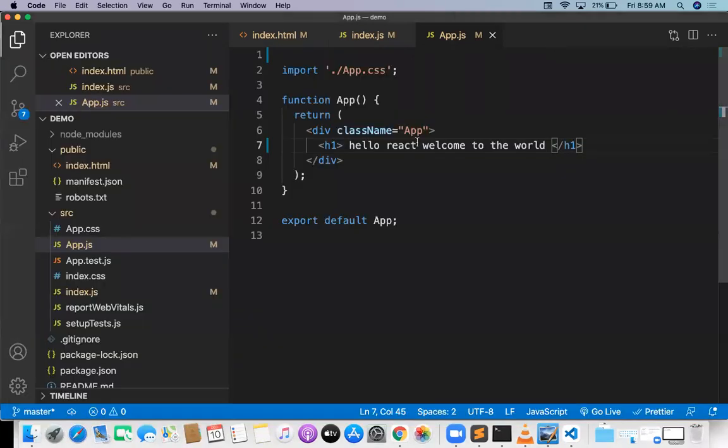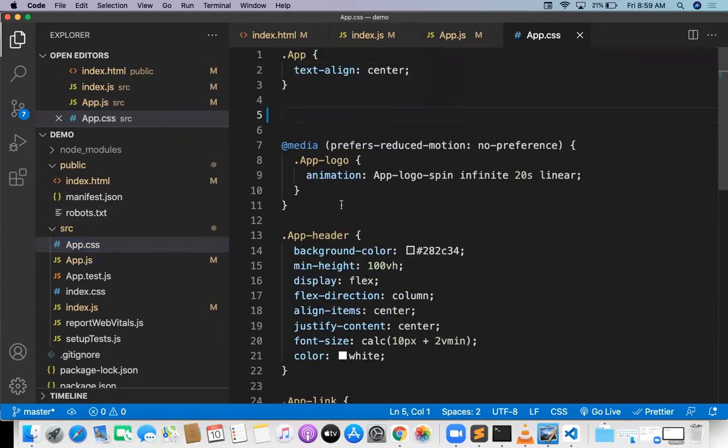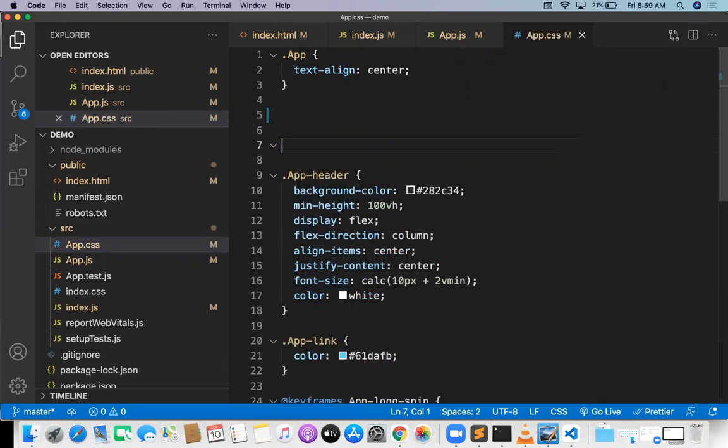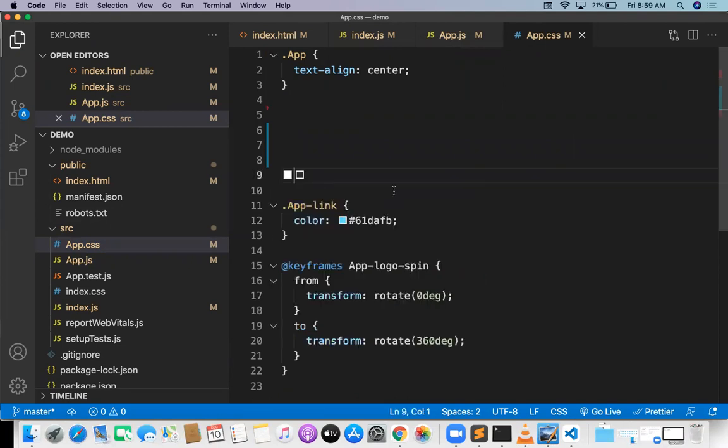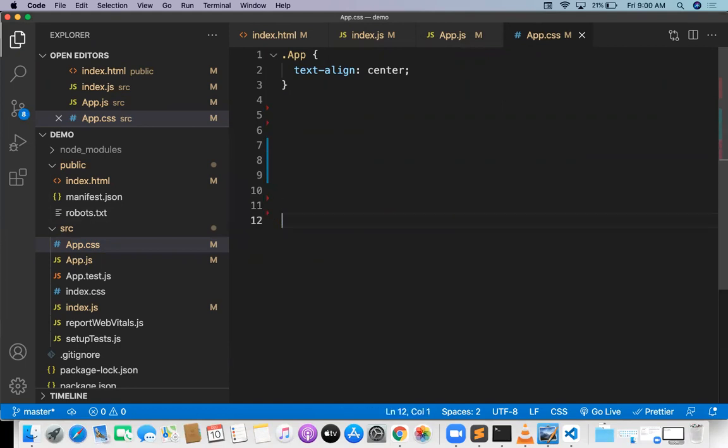So what I want to do now, just go to the app.css. In app.css, the logo related CSS, I don't want, delete it. And the media, something like running, right? So that I'm deleting. And app.header, I don't want this. And app.link, I don't want this. Keyframes, rotating 360 degrees, I don't want this.